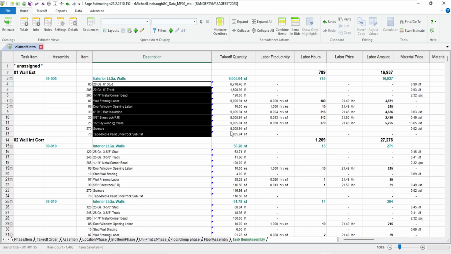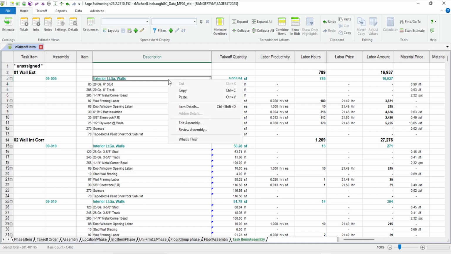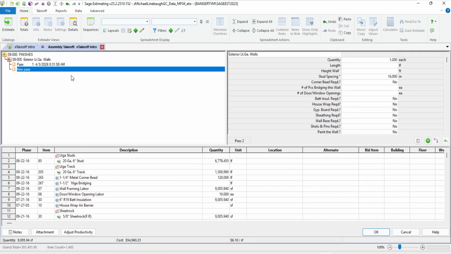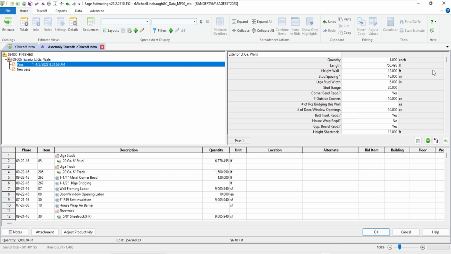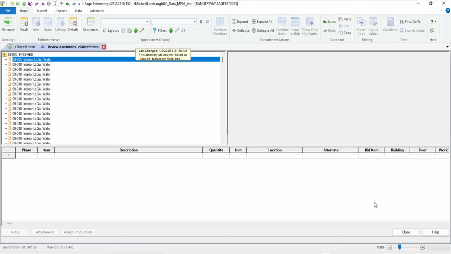All these items have a link back to where they came from in the drawing. Since this is an assembly, I could also go to review assembly and see what time I generated this and how I answered all the questions. So if I've got to modify them, I can either modify them here or modify them in takeoff to update some of these quantities.